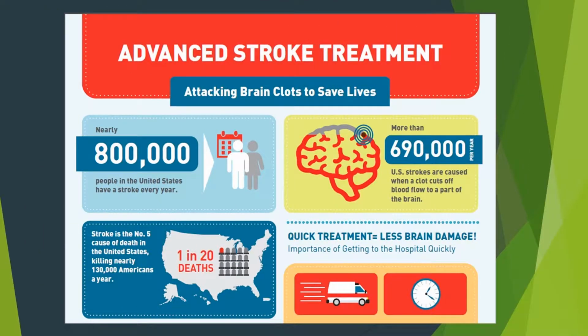So let's take a step back and talk about the devastating effects of stroke. Nearly 800,000 people in the United States have a stroke every year, the majority of which are caused by a blood clot in a part of the brain. Unfortunately, stroke's the number 5 cause of death in the US, killing nearly 130,000 Americans every year. That's why our mantra is always going to be know the signs and symptoms and call 911, because time is